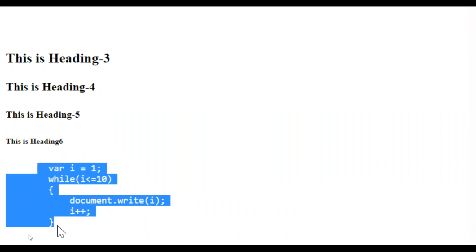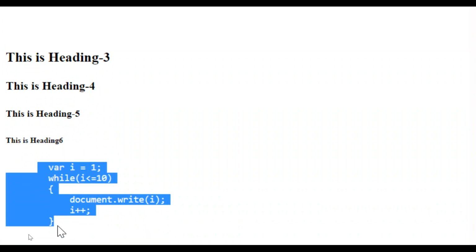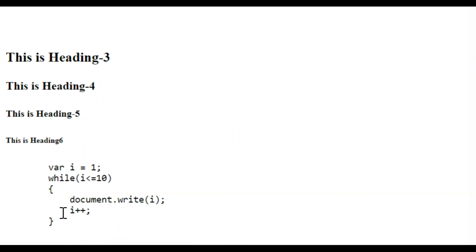Now it has the same format, it is displaying the pre-formatted tag, and it also uses the white space as well. So for white space purposes, if you want to display some content like this one, you can use the pre tag instead of the p tag.